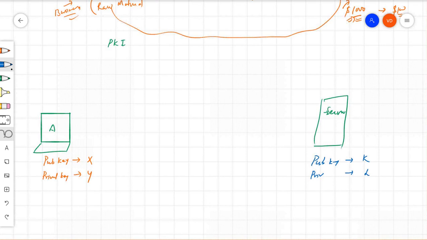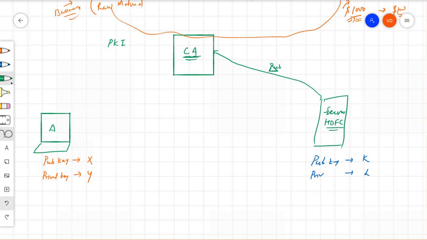Now, I have a central authority also with me here, which I call certificate authority or central authority. So this guy has the whole sole responsibility of giving identity to people or computers. Suppose this is HDFC bank server, right? This guy goes to him with its public key. Try to pay close attention, guys. This guy goes with his public key and with some documents,